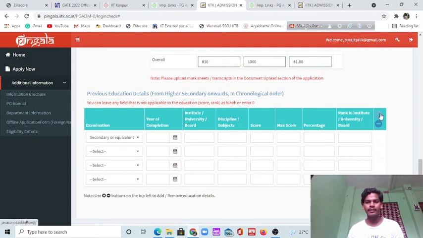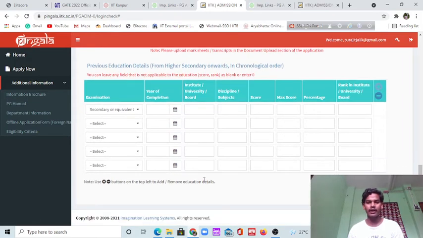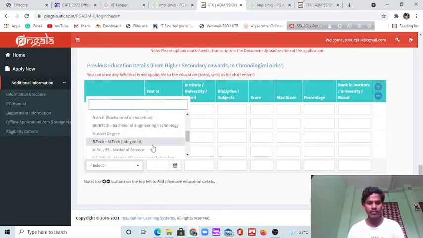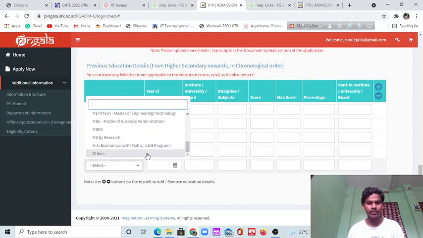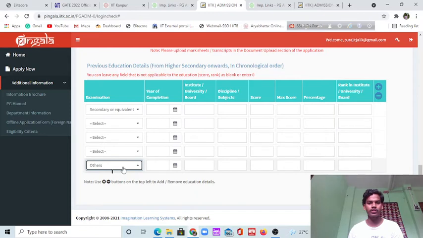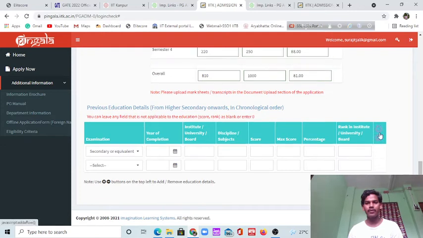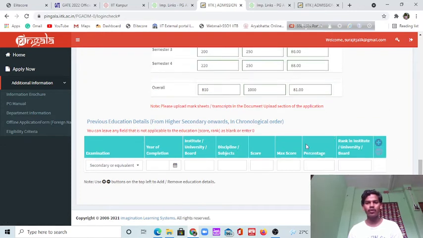If you have other extracurricular activities like other courses or diploma courses, you can add this. Suppose you have done any diploma courses, you will get this. Others, in this other section you can fill all the information. I think all this information is very, very important.